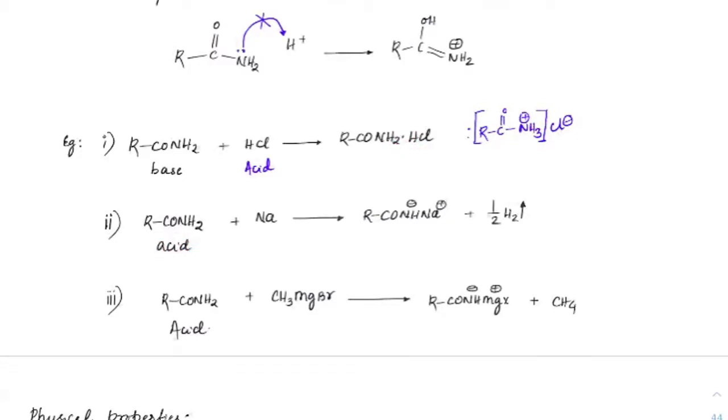Acid. How does it act like an acid? Because it has these protic hydrogens. If you treat that with sodium, it will give a positive sodium metal test. It will release hydrogen gas and become a salt, NH minus and Na plus. The same it can showcase with CH3MgBr also. CH3 minus will extract the proton and it will become this salt form and release CH4. So it is showcasing both acidic as well as basic properties.